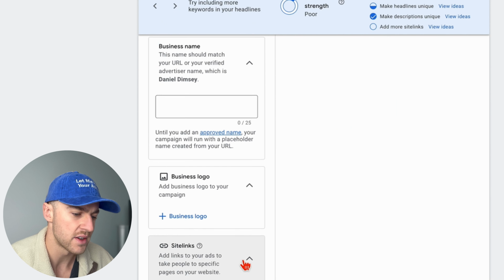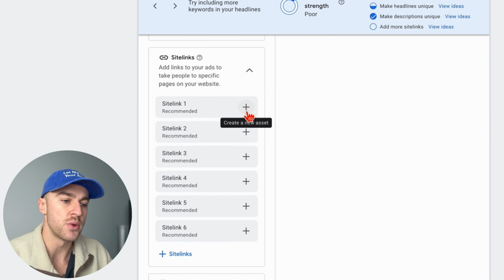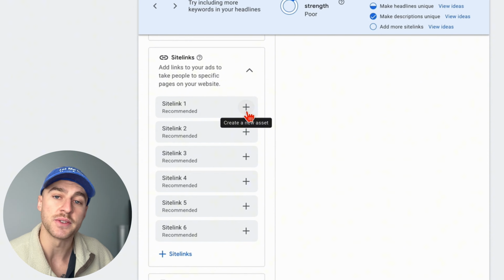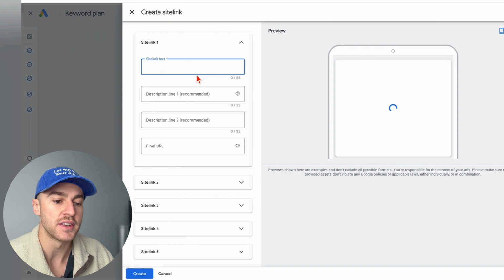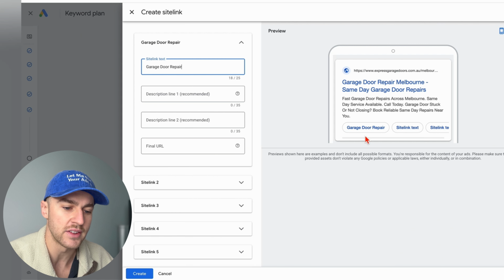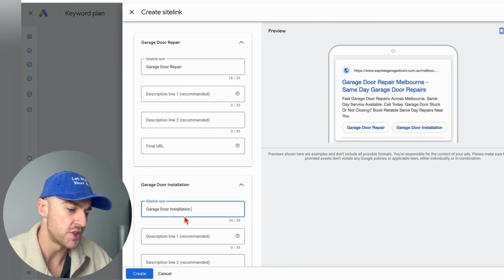I'm gonna scroll down, chuck in your logo here. Now we can put in site links as well. So these are just links to different parts of your website. So you have one area that's based around garage door repair. So you have a site link like this, and then you can have another site link about garage door installations,